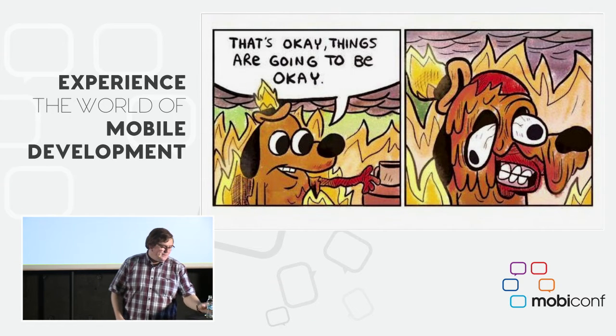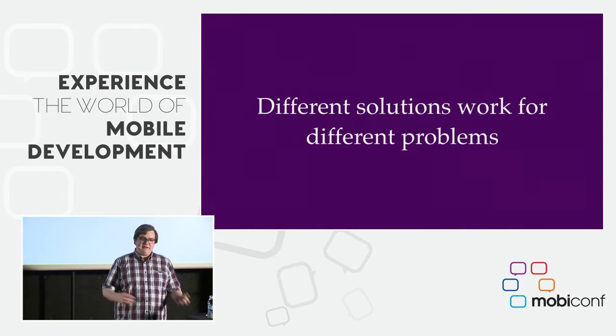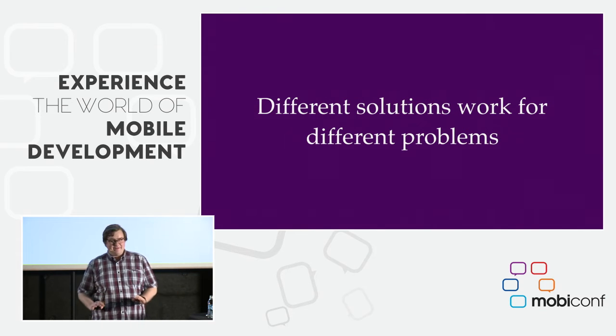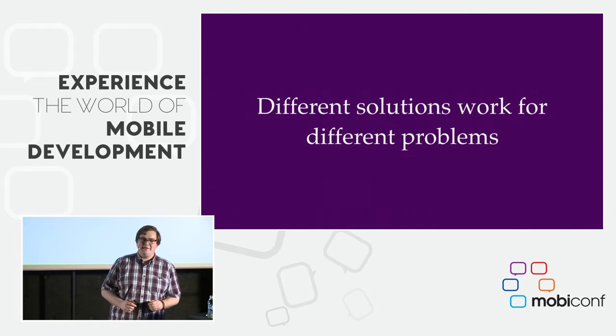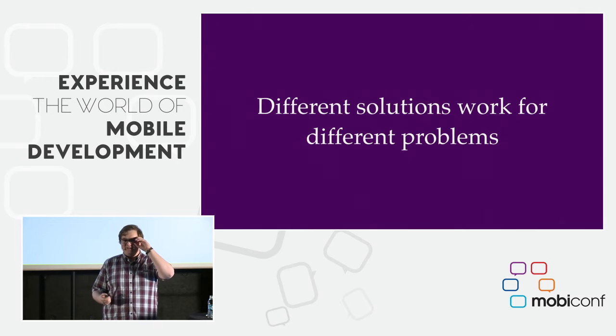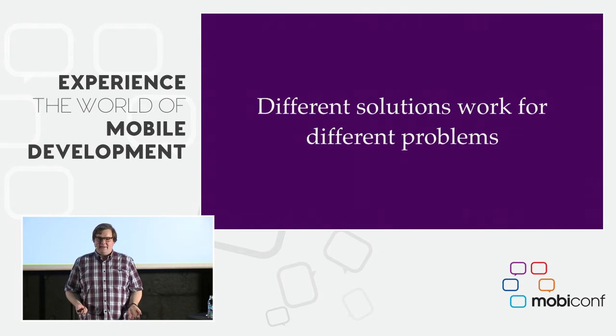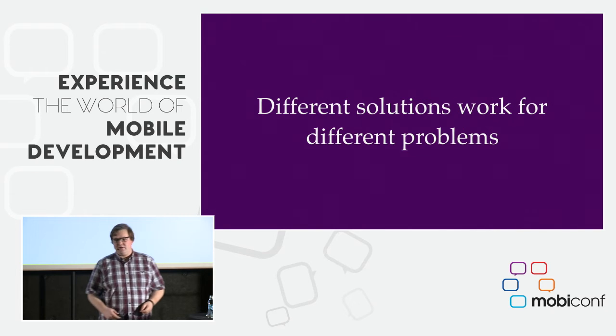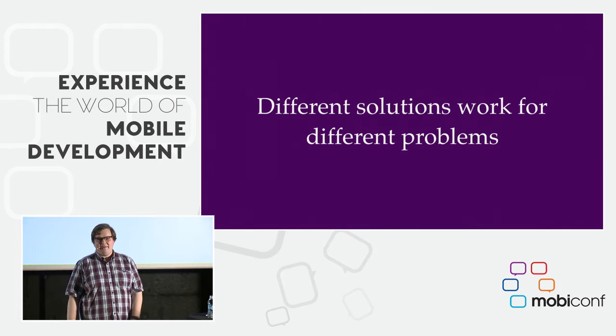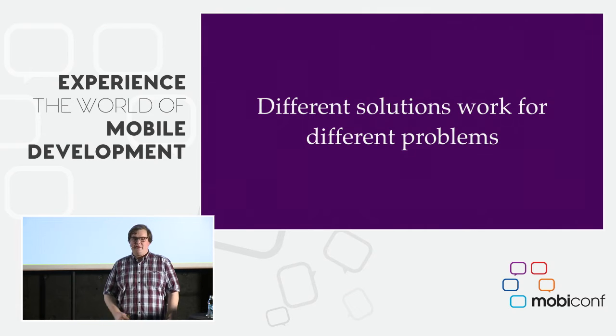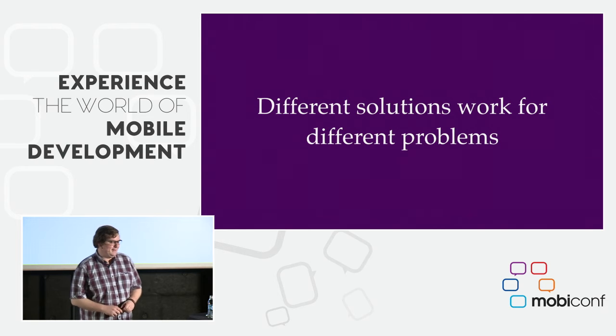My point is that different solutions work for different problems. This is a pretty simple statement, but it's kind of contentious in developer communities: the idea that there isn't just one way to do something. That's kind of obvious now that I say it, right? If I said there's only one way to paint a painting, or only one way to sing a song, that would be ridiculous. But if I say there's only one way to do asynchronous programming, all of a sudden I'm a bad guy. It doesn't make any sense.